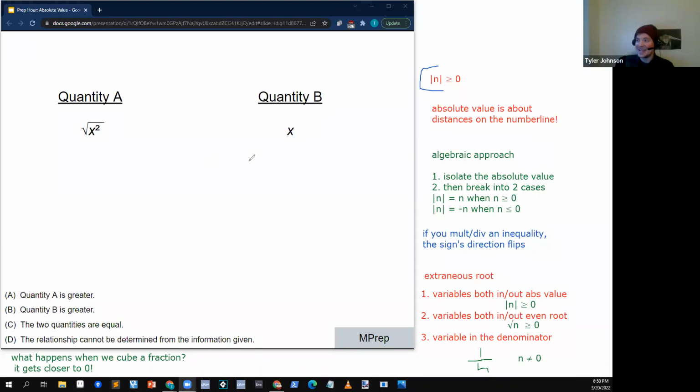Okay, it's so easy in this one to say to yourself something like, okay, if x is equal to 5, quantity B is 5, quantity A is the square root of 5 squared, so the root of 25. So it seems like those two are equal. But remember, don't always stick to positives. This test loves to throw in these sort of gotchas, where if you forget about negatives, they're going to get you every time. So if x were -5,